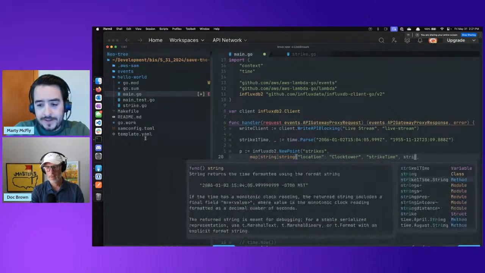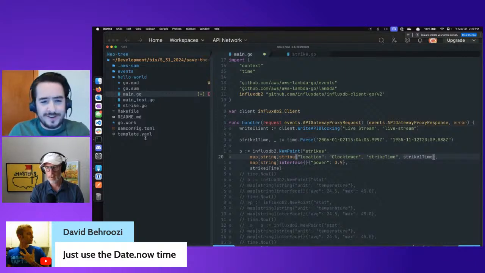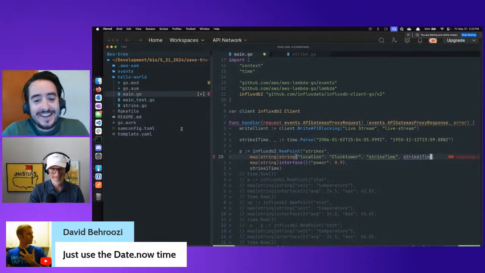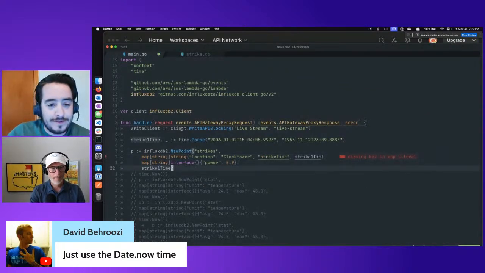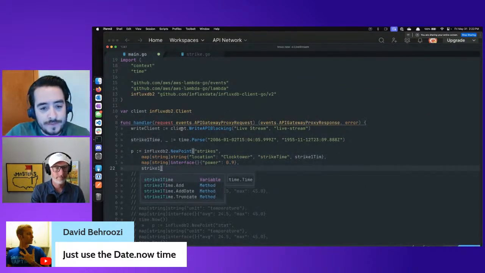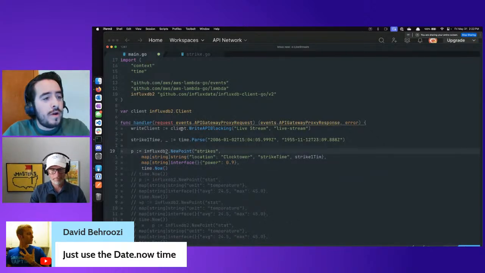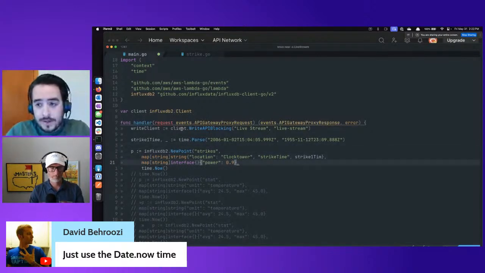Just use the date.now time. And I know you can't see the screen because you're a single screen user. It's weird. So David, does date time now work just exactly like time.now? Yeah, it's just time. That's what we were using. Yeah. Because what I found is time.date. It's a little bit different than what you were using, and I'll share it in our private.